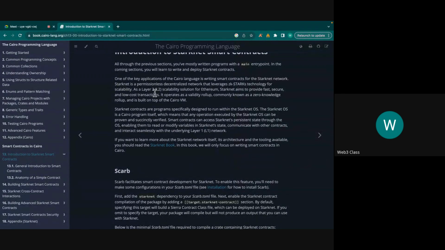Starknet is a permissionless, decentralized network that leverages zk technology for scalability. As a layer 2 scalability solution for Ethereum, Starknet aims to provide fast, secure, and low transaction costs. Starknet contracts are programs specifically designed to run within the Starknet OS. The Starknet OS is a Cairo program itself, which means that any operation executed by the Starknet OS can be